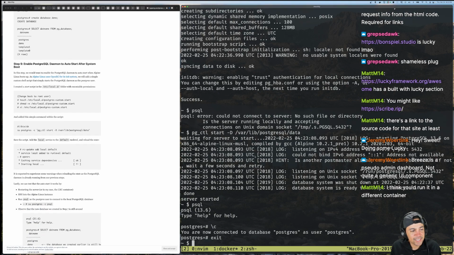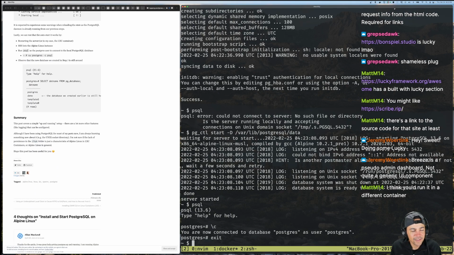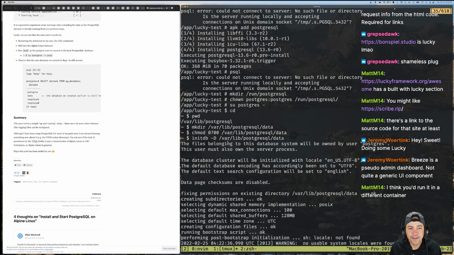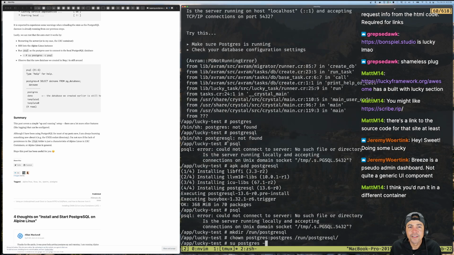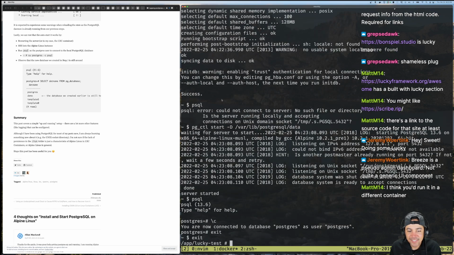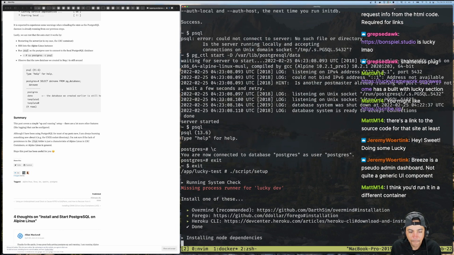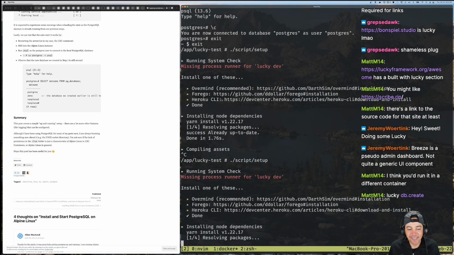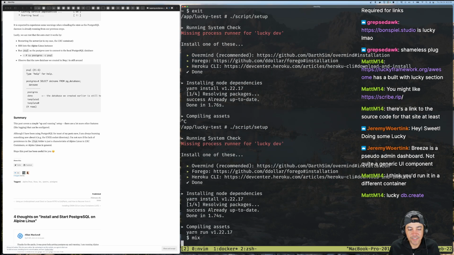Perfect. Oh, that's perfect. Postgres. Sweet. Okay, so now I can get out of the Postgres user, right? And now Lucky's gonna do the thing, right? What was I even doing before? Creating the, it looks like Postgres. Create DB. Oh no! Do I have to run through the whole setup again? Maybe it'll skip. Oh, it's already up to date. Okay, so it did skip. Perfect. The lock files are working. Yes.